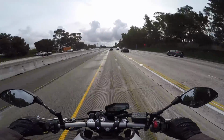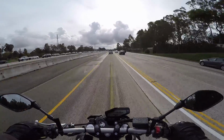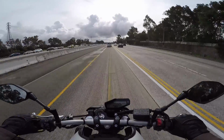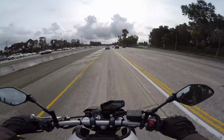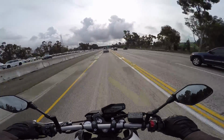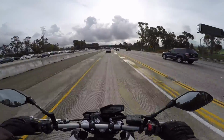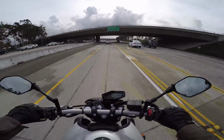When I first rode this 2017 FZ-09, I was a little bit disappointed with the riding position. I was sort of reminded how upright you are and how on the freeway it can be kind of painful to hold on, but then I realized that I was going probably a little bit faster than I should have been. Right now we're going 70 basically,